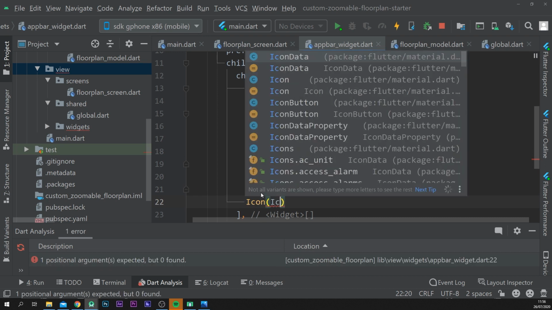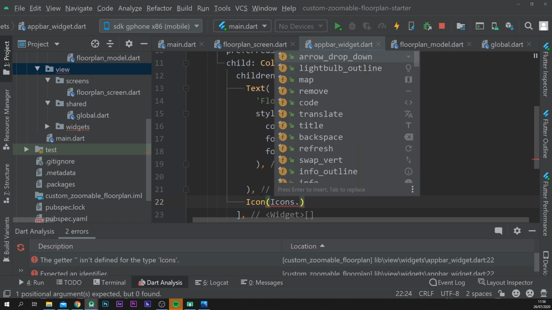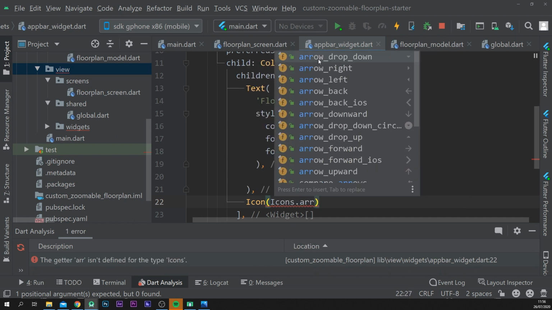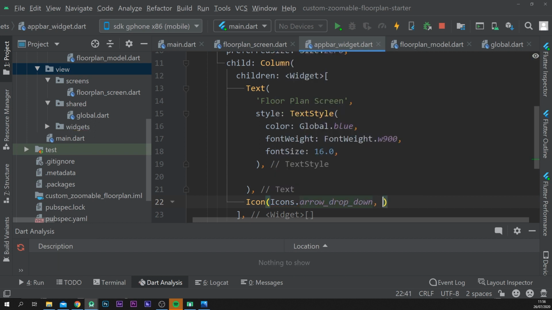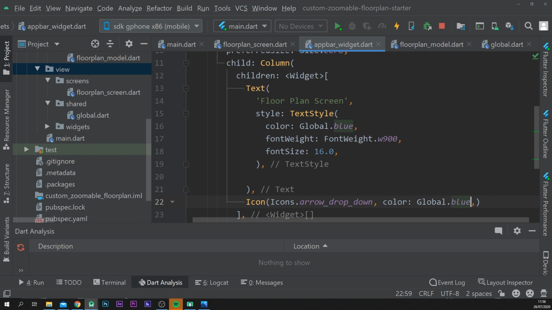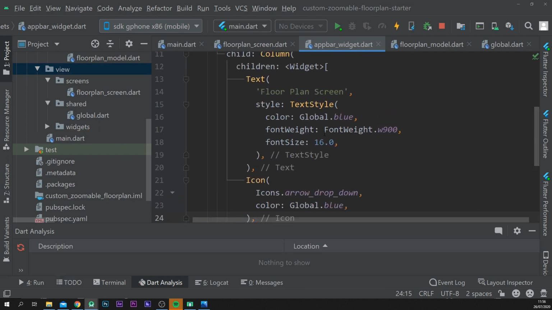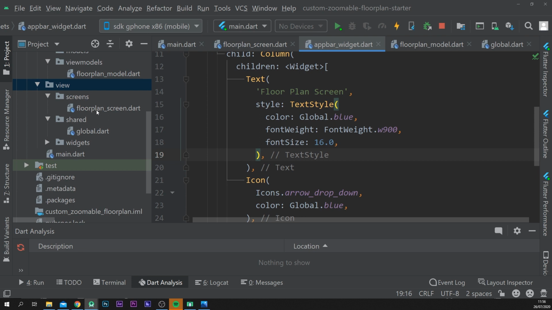Would be icons, and then a sort of arrow. We need a drop down arrow. Let's also give it the same color, global.blue, put a comma in here, and let's do a hot restart. But first, remember, we still need to import it